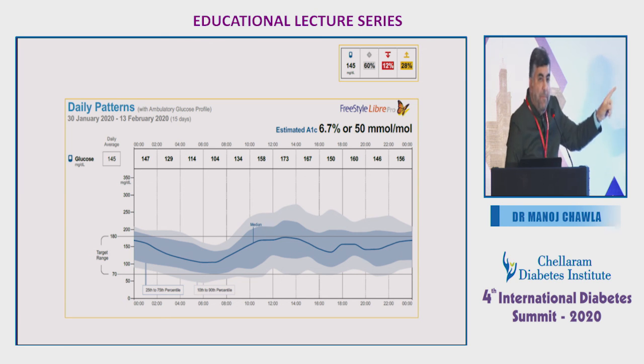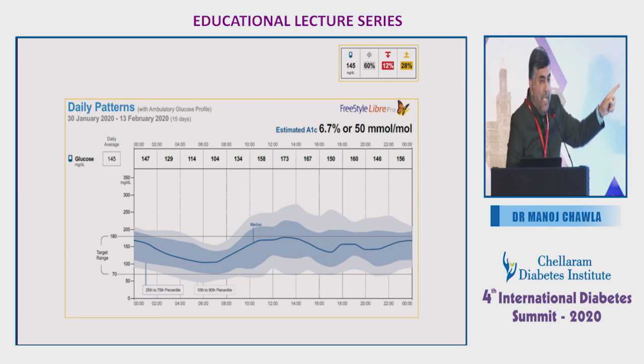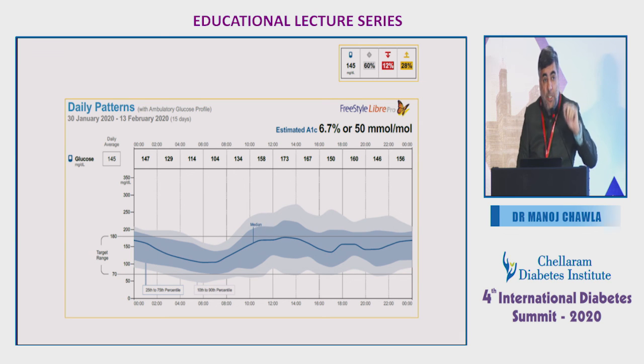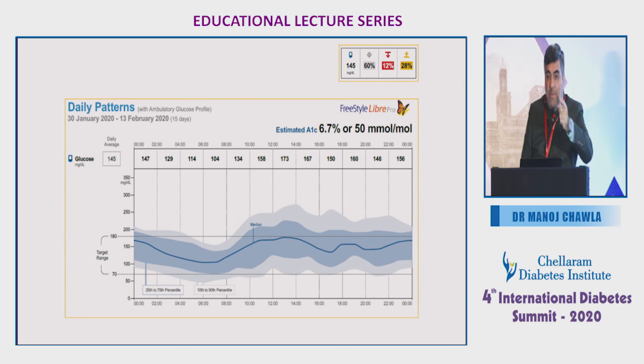When you see the AGP in a flash glucose monitoring report, if you don't identify hypoglycemia here, it does not mean that patient did not have hypoglycemia. Because if the patient has had just 1 or 2 episodes of hypoglycemia, you will see that in the daily charts and not in the AGP, because if it lied within the 10th percentile, it would not come in your AGP report. Right? Sometimes we have this habit of looking at AGP and saying no hypoglycemia. No. Still go back and see your daily reports and you may see 1 or 2 odd hypoglycemia.